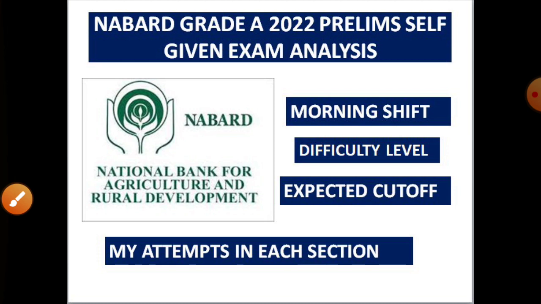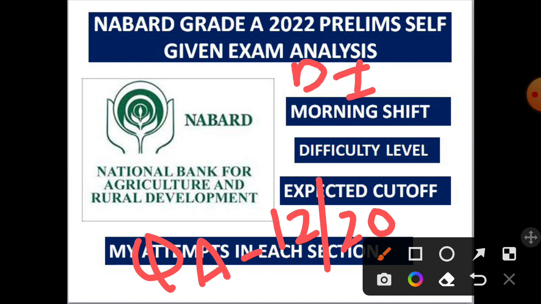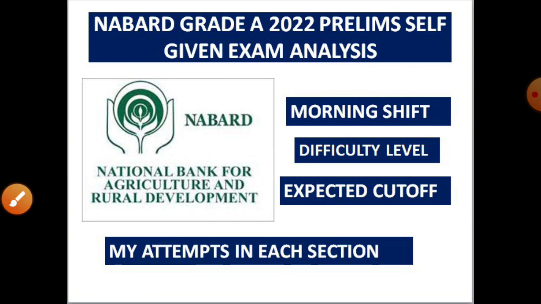Next comes quantitative aptitude. Okay, my attempts were 12 out of 20. Here I did one DI, which was a pie-based chart, which was easy, and I did three quadratic equations, and some miscellaneous arithmetic, I guess. I don't remember the exact questions that I did. So it was also doable. The last year sectional cutoff was 5 for quantitative aptitude. So after doing 12, I decided, let me skip the other questions. Anyhow, I'll clear the sectional cutoff, so nothing to worry about there also.